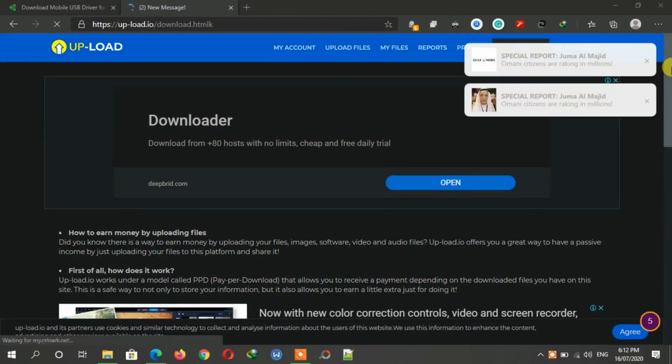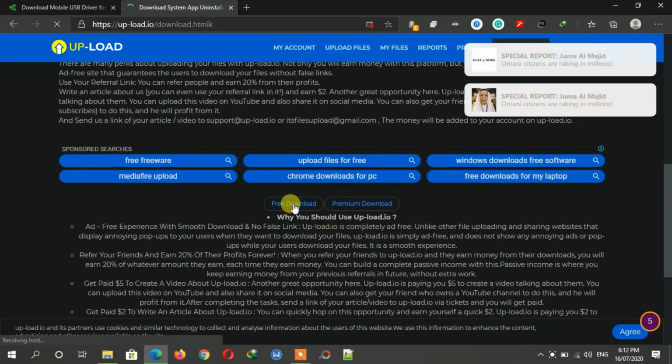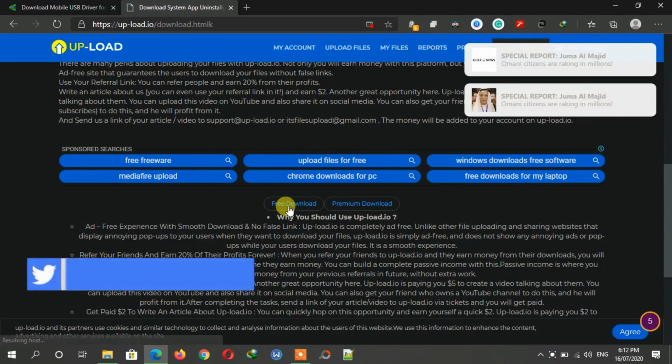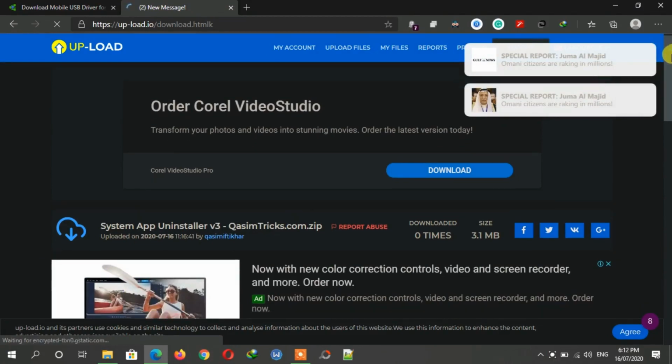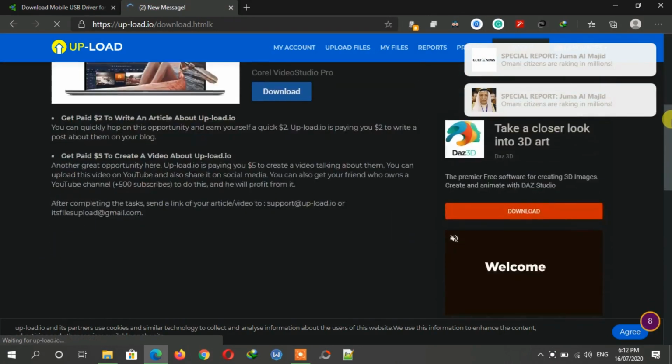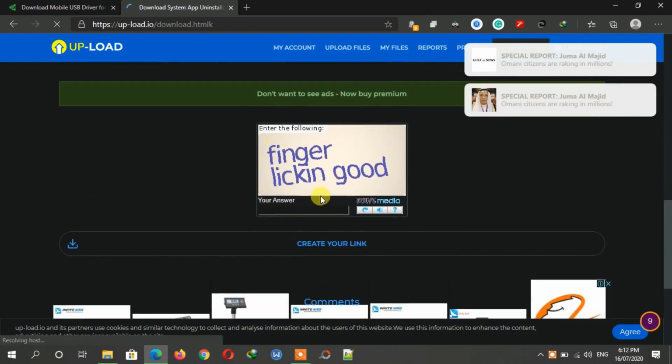Now on this page, scroll down and then click on this free download button. Now again scroll down, wait 5 seconds and then fill in this captcha.